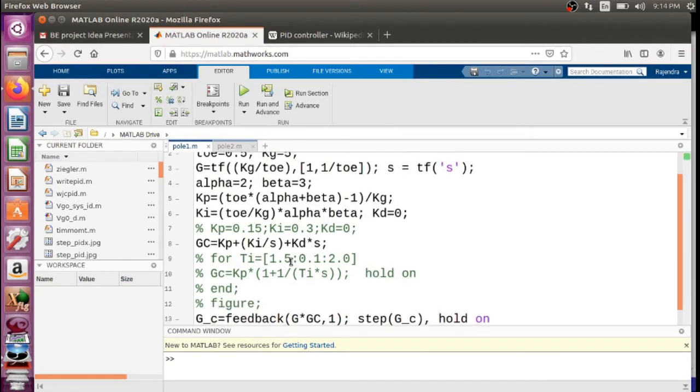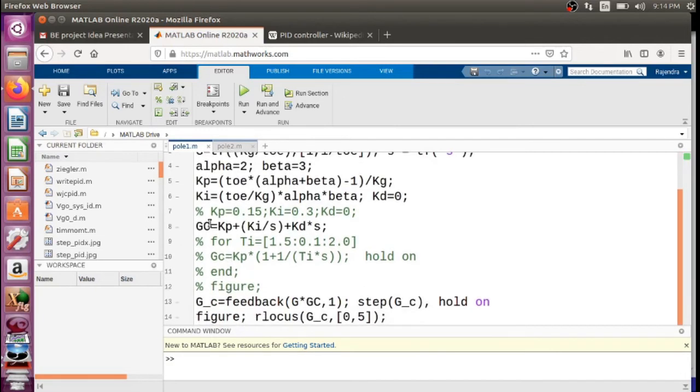And we have got Gc, sorry, this is the compensator transfer function, Kp plus Ki upon s plus Kd into s. This is a parallel form, and one can find out a feedback equation. This is the closed loop transfer function, using the feedback function, which operates on the open loop transfer function G into Gc, assuming unity feedback.